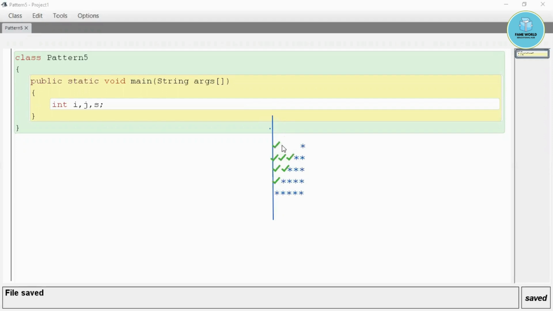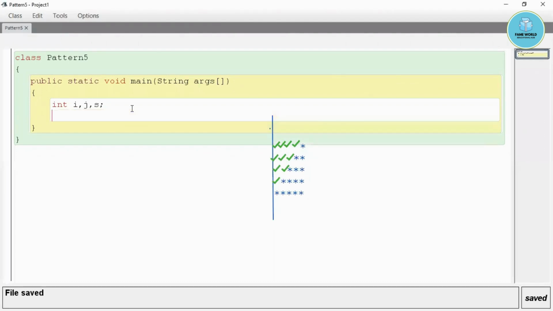Like it is 5, so the spaces are 4. Here it is one space, then 2, then 3, then 4. So the loop for the spaces will be one less than that of i and j. As I am taking 5 stars, I will take 4 spaces.